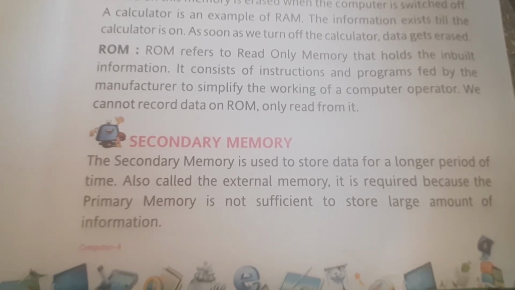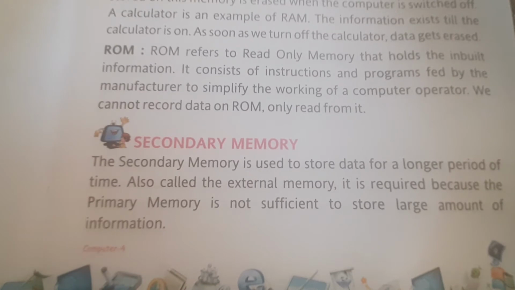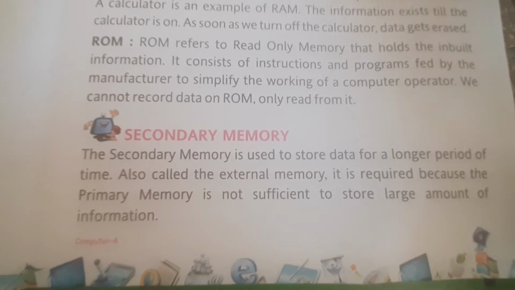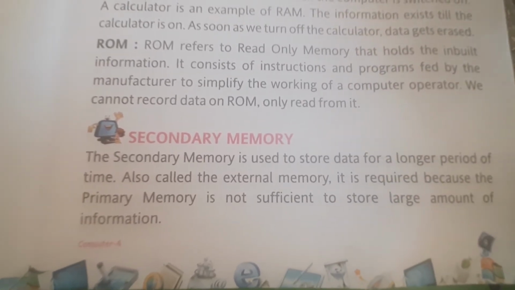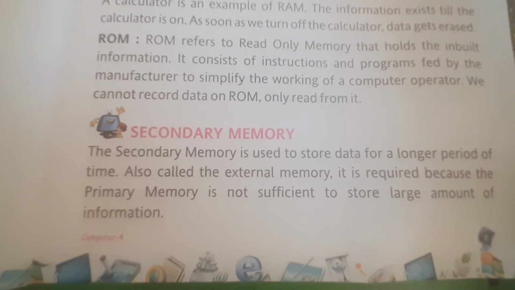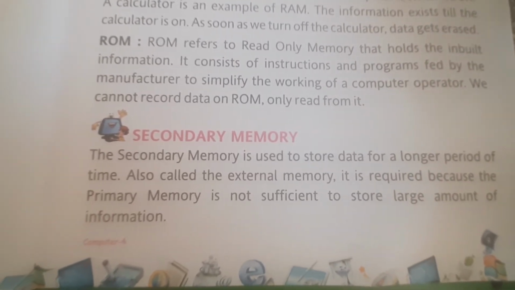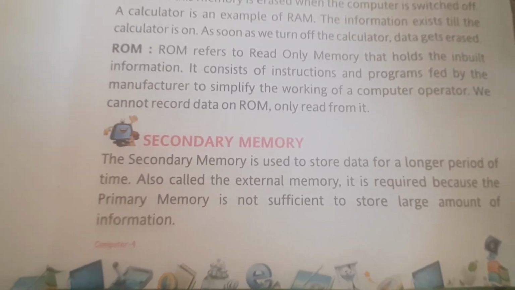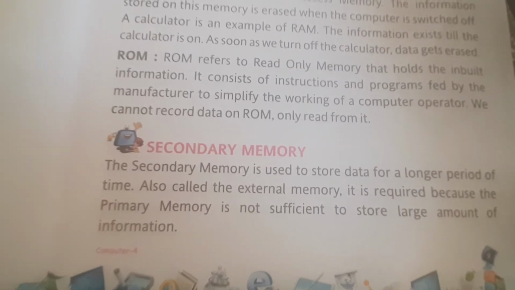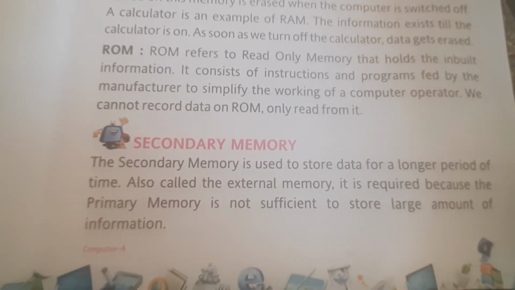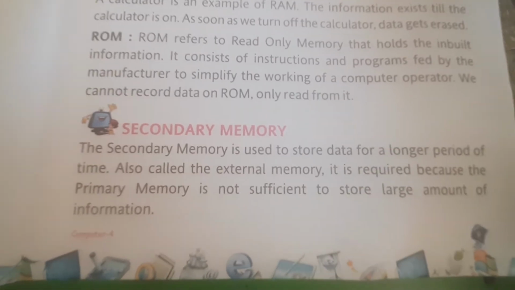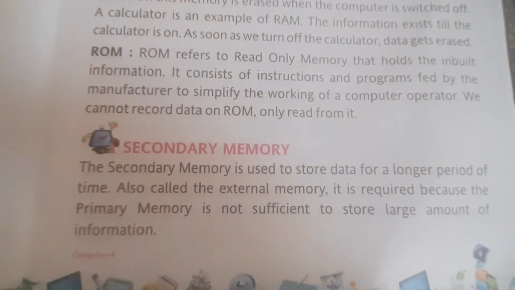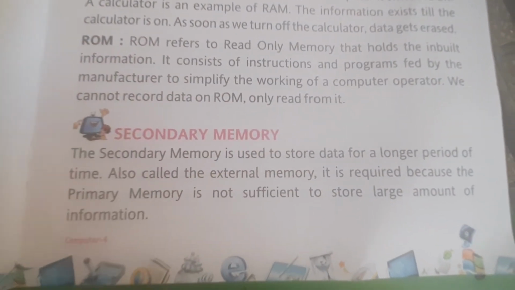At times we work in places where we need information, but we may have to work on it later at our homes or somewhere else, like those who are working in an office. They work there, but for completing the pending work they need to have that work with them, which they can complete at home. So that information we can carry in the secondary memory, because we cannot carry the computer system available in offices or even in school to our home. We can store that information in secondary memory and then take it along with us.